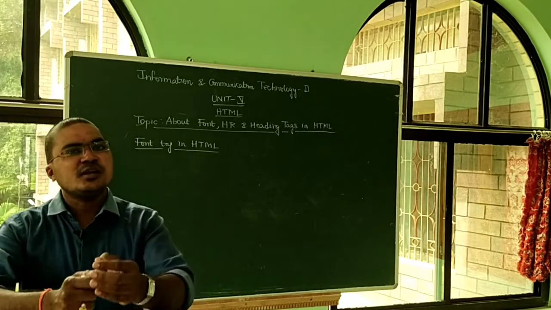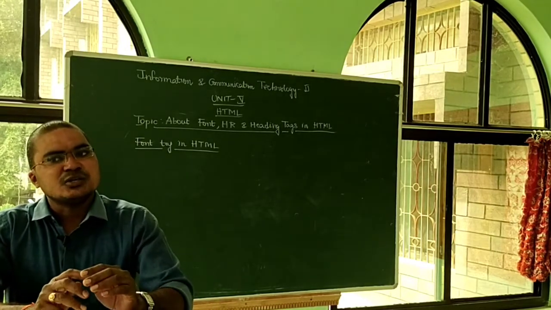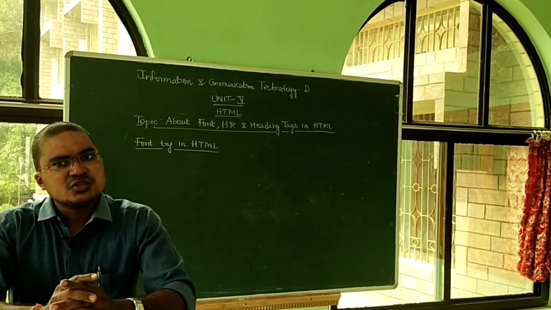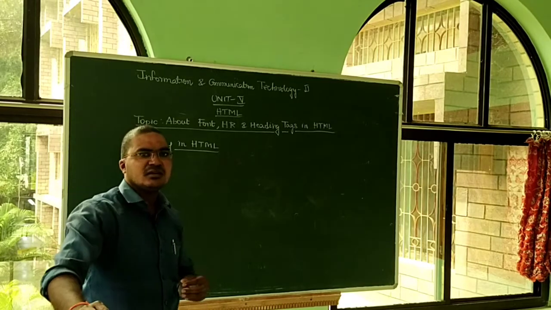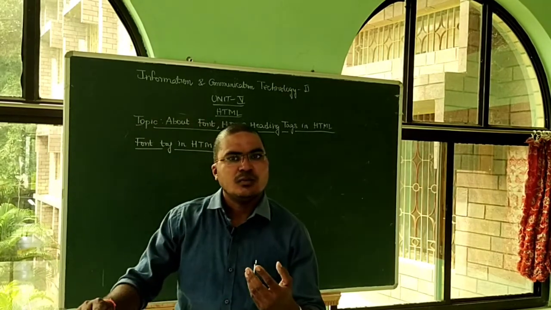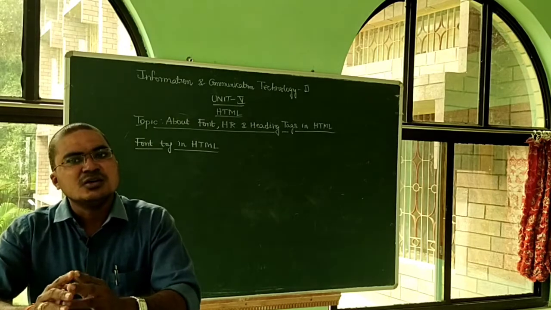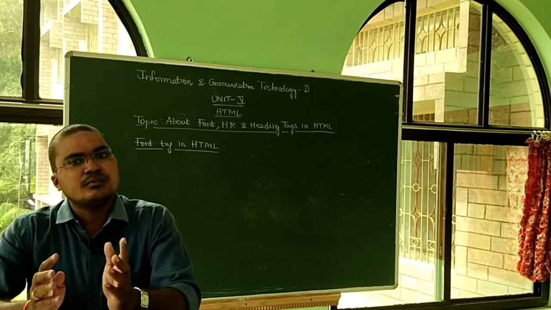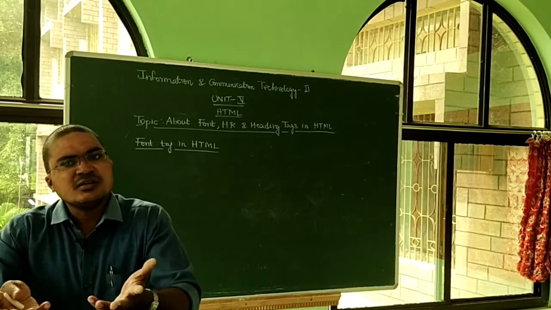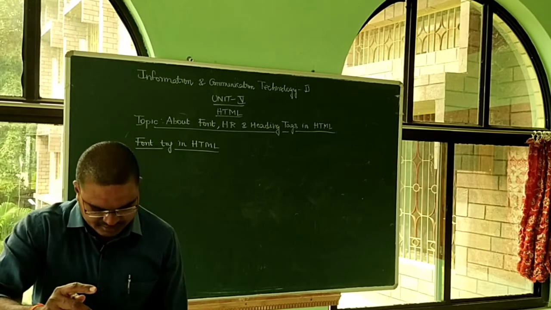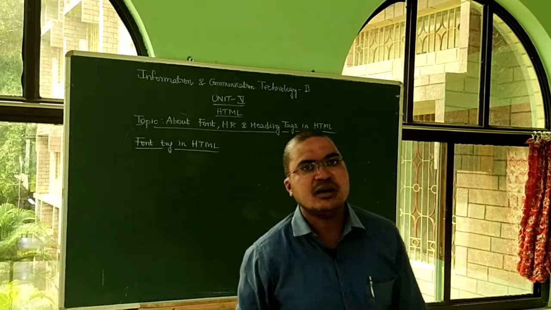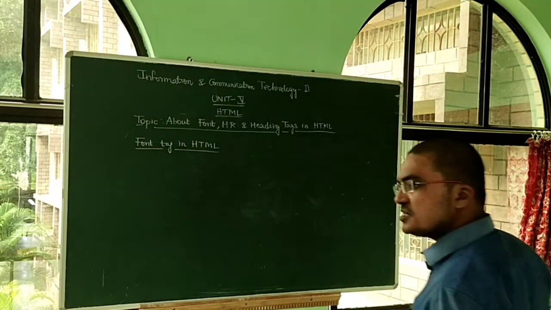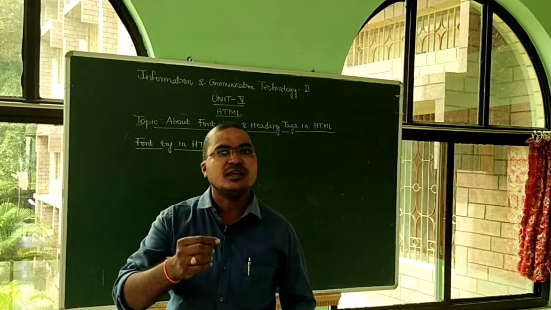This is the one and only tag that helps to show the text in a browser in a very effective manner. Sometimes you want to make the text look very beautiful. Why should we show the text in a beautiful way? When you show the text beautifully, almost all users are interested in reading the data; otherwise it is not easy to read. So that's why we have to show the text very attractively in a web page.